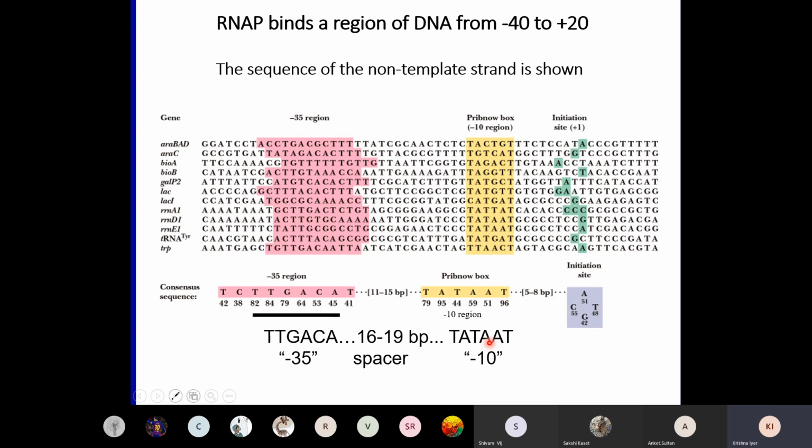What is important to note is that the closer you are to the sequence TATAAT, and the closer you are to the sequence TTGACA, the better you are, and this spacer here should be around 16 to 19. And based on this sequence, the RNA polymerase which comes in will read, oh, this is a -35 region. Then it looks at this TATAAT region. It starts separating the